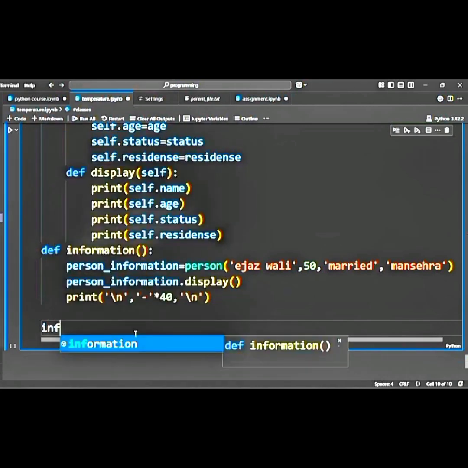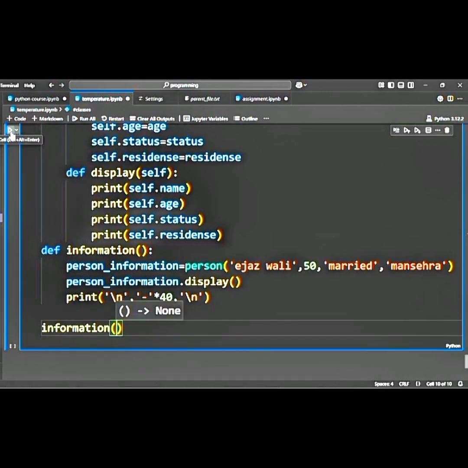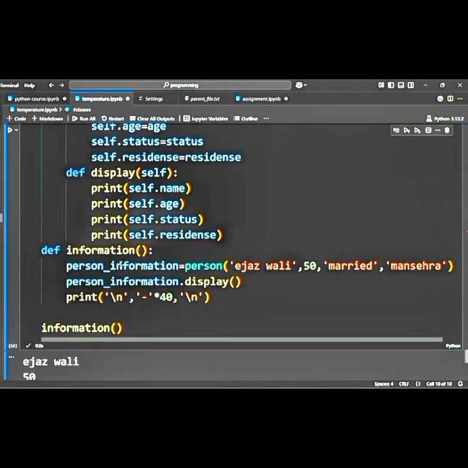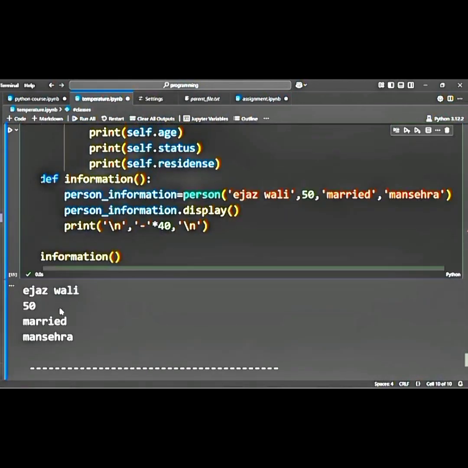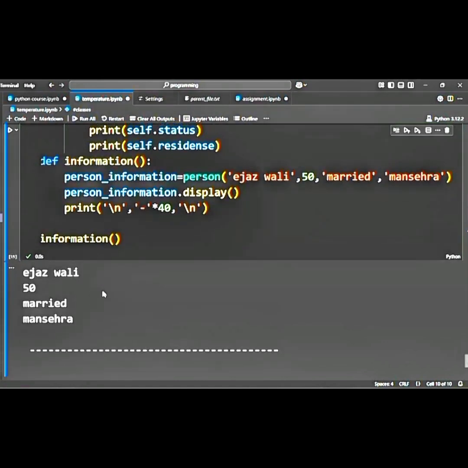Then after that my function is formed, my whole class and my display function is formed, and now I can call the function at any time to get the attributes of that class. I have called that function and I run the code. I get the name of the person Ijaz Wali, age of the person